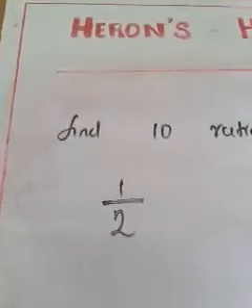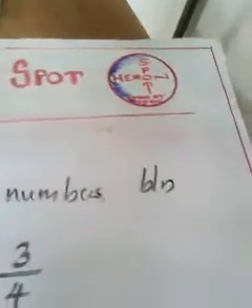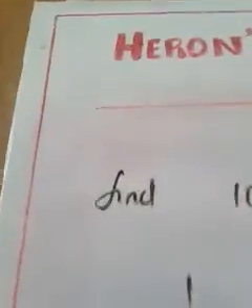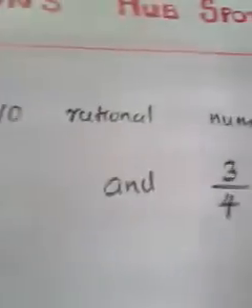Are you following me? You may not have understood well, so I am going to explain the same method once again by using another question, then you will understand. So again, can we go for that? Okay, let me solve the next question for you. Find 10 rational numbers between 1 by 2 and 3 by 4. You can write this question in your notebook.